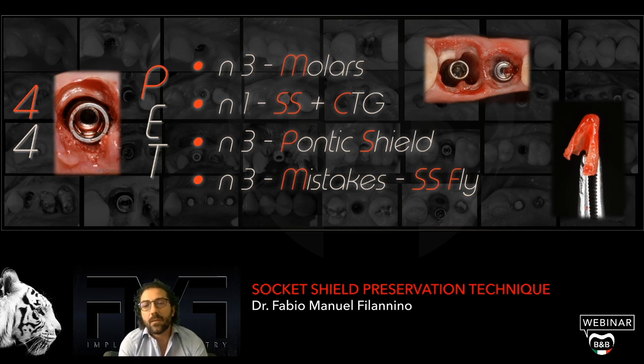The third mistake was that during the preparation of the socket shield, I didn't realize that the buccal aspect of the shield was not bone supported. So when I was separating the two parts of the root, the buccal aspect was moving. And so actually I used that like an autogenous rigid membrane and biomaterial and inserted an implant